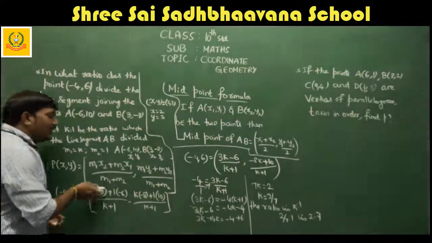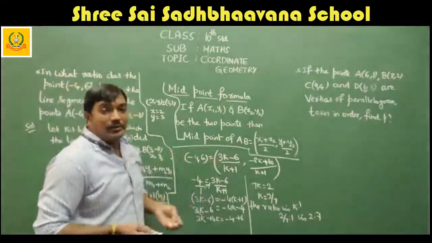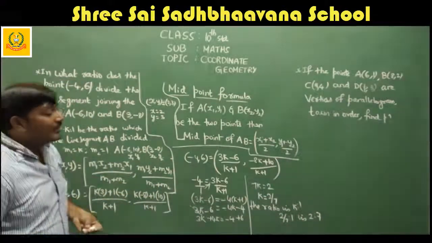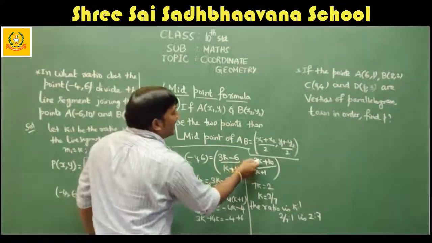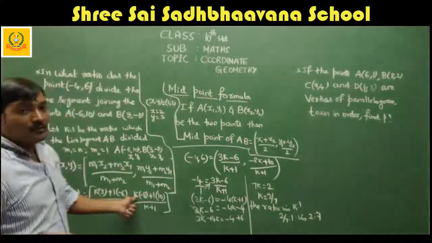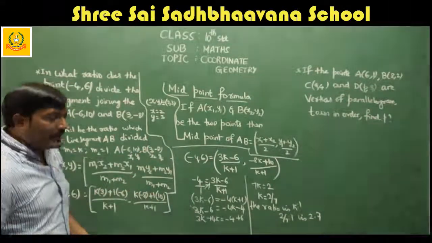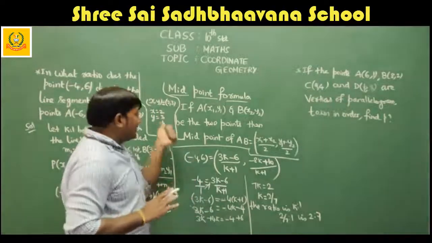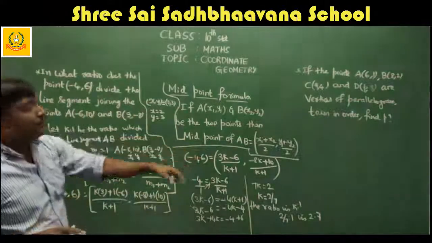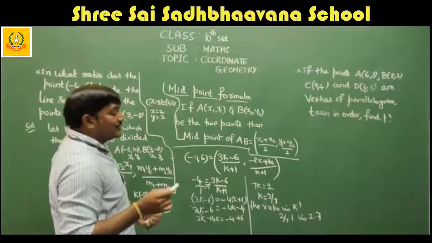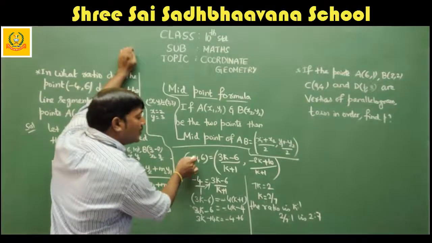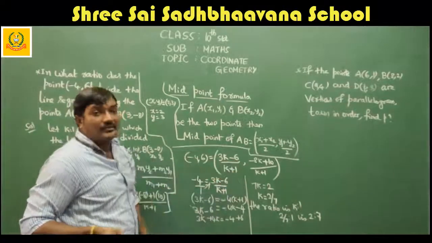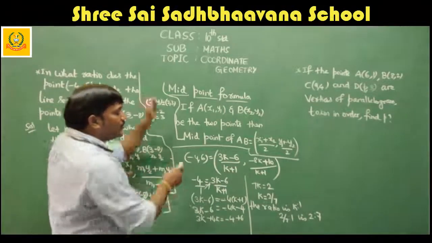So when I simplify this, we get 3 into k, 3k, plus 1 into -6, so 3k minus 6, divided by k plus 1, comma, -8k plus 1 into 10, so -8k plus 10, divided by k plus 1. Got it? Here again, why did I explain this? Because we have to use it here, the reason being x is equal to 2. Correct? And here, what is the coordinate in the x position? Minus 4. What is the coordinate in the x place here? 3k minus 6 by k plus 1. So equate both.